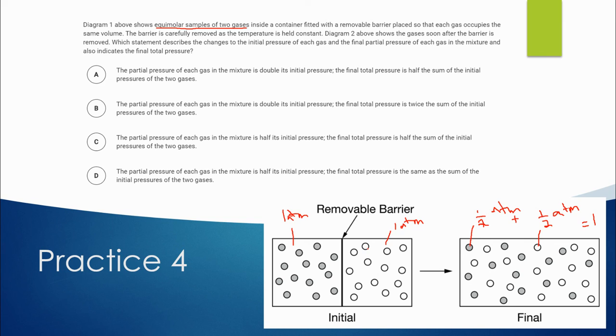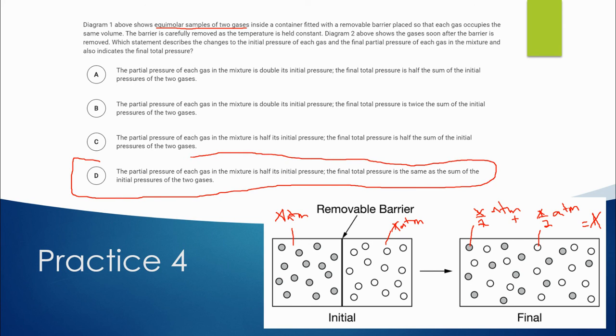So it would be the same pressure, and we could call this X atm because we don't know that it's at 1 atm. So this is X atm, this is X atm. So now we've cut the X in half, right? We've cut that pressure in half, so you could have 1/2 X atm as our partial pressures. So then we would again have X atm as our final pressure. And so the partial pressures of each gas in the mixture is half the initial pressure because we've doubled that volume, but the final total pressure is the same as the sum of the,